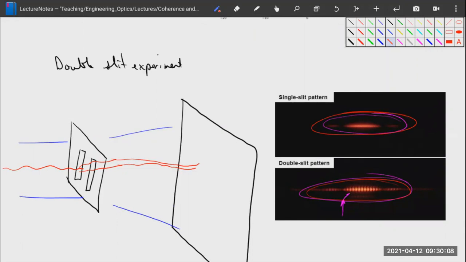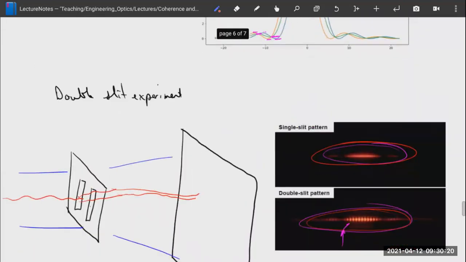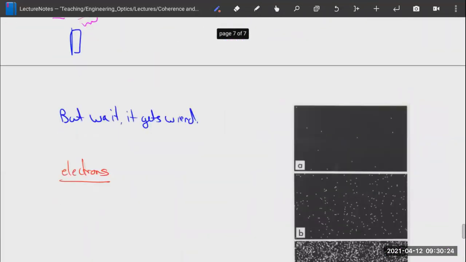And if they actually did, what you would see is two interference patterns, one from the first slit and one from the second slit, and they would be a little offset, like we were talking about up here, and they would kind of cancel each other out. Nothing very interesting would happen. But that's not what we see. What we see is that even electrons go through both slits at the same time,